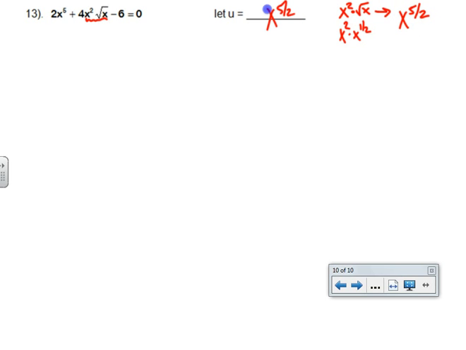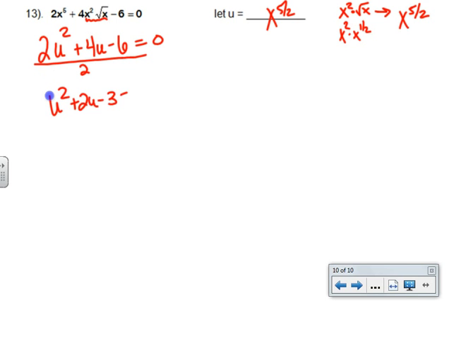And then think about this. If I was to square x to the 5/2, I would get x to the 5th, which is the variable component of the first term. So I do have 2u squared plus 4u minus 6. I notice this quadratic could all be divided by a 2, so I'm going to take care of that. And then when I solve this quadratic,